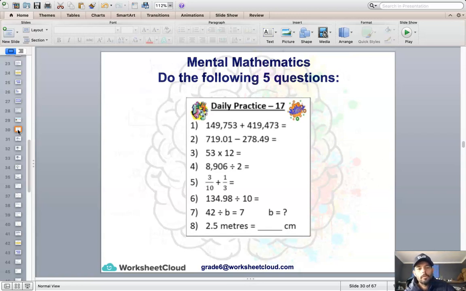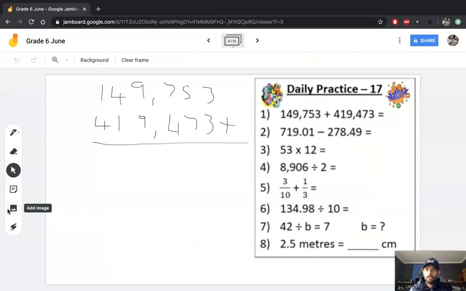Right, off you go. Question 1, straightforward addition. We've done a few of these, so we just add normally and carry where necessary. Remember the decimals line up. And for me, the most important part is checking, and I check by doing subtraction. So this time I'm going to actually subtract